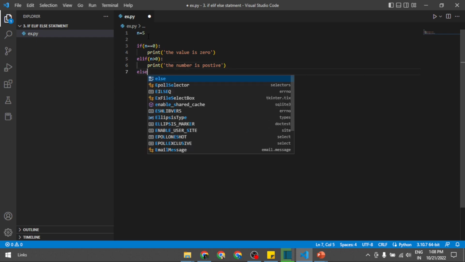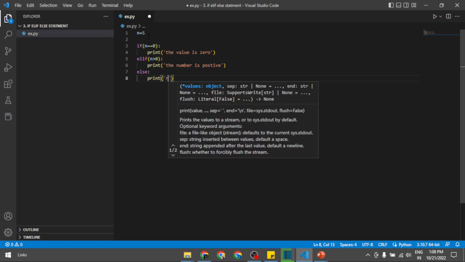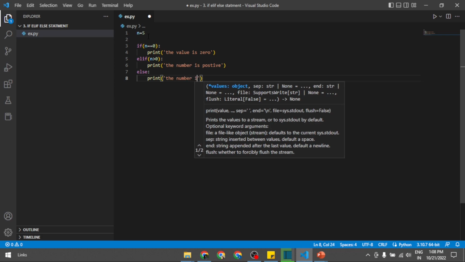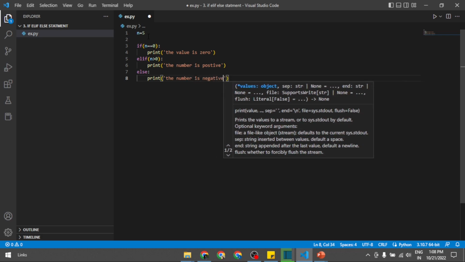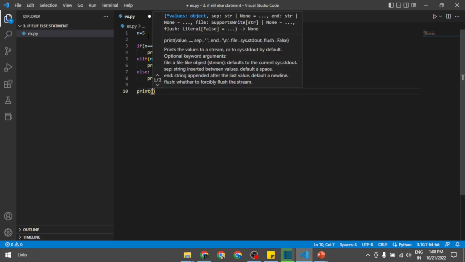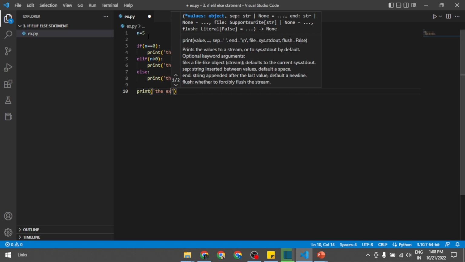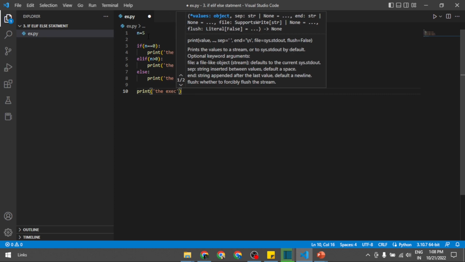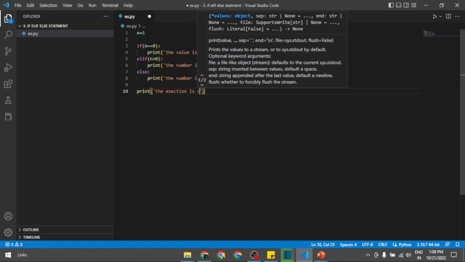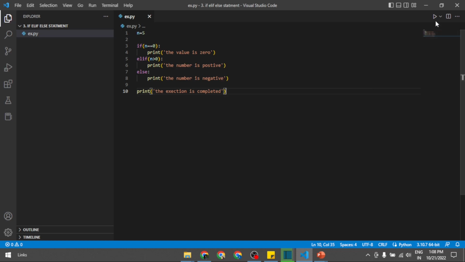If this condition fails, I will print the number is negative. Then I will print the normal statement as the execution is completed. So if I run this,